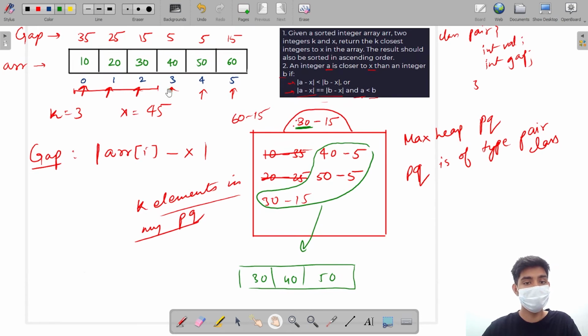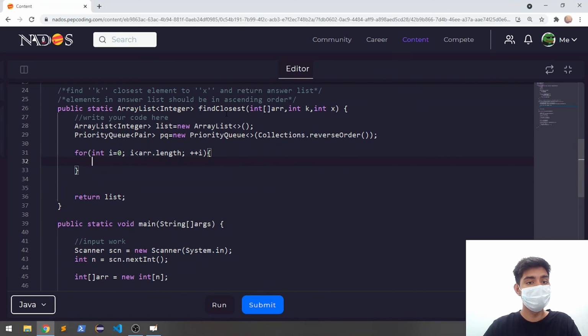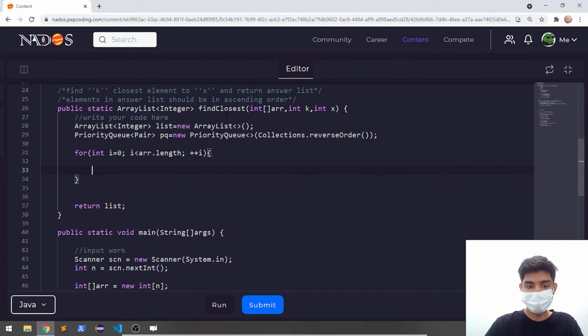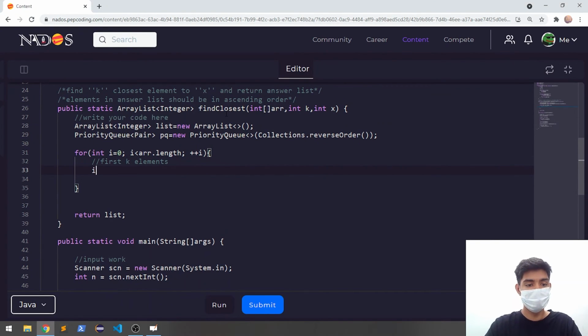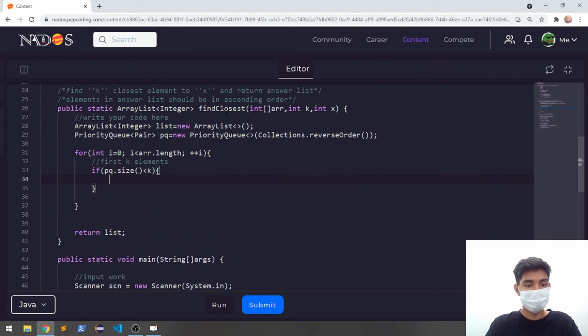Now I'm traversing through the array and filling them till. So if I have something like this, for the first k elements only, if my priority queue dot size is less than k, then I simply have to fill them. So priority queue dot add a new pair,